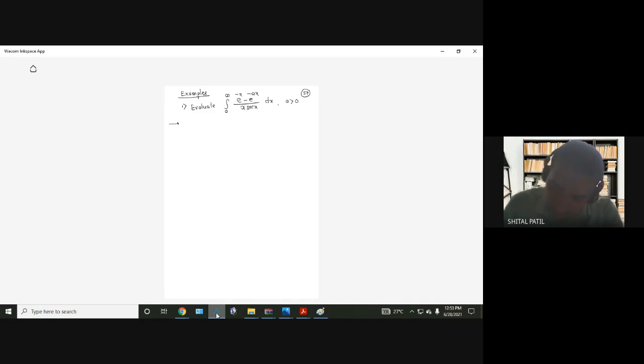See, this is very well known to us. Suppose it is asked to integrate e raised to minus x minus e raised to minus a x. Is it possible to integrate this? Yes, not a difficult part. Suppose it is asked to integrate e raised to minus x minus e raised to minus a x divided by sec x. Is it possible to integrate? Yes, we can write it like this, e raised to minus x cos x dx and minus e raised to minus a x cos x dx. Now, do we know the formula corresponding to this? Yes, so integration of this is also possible.